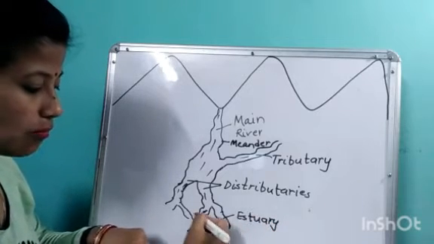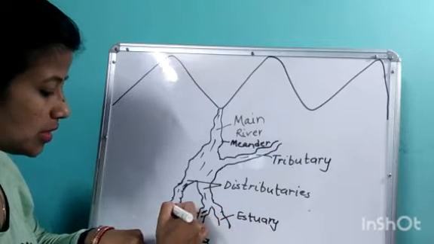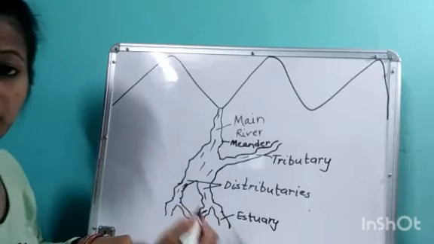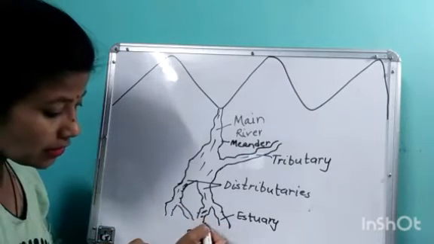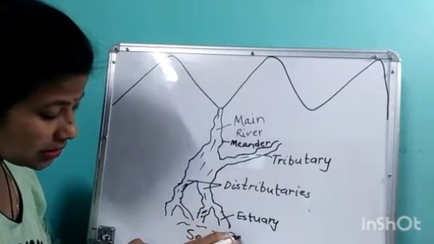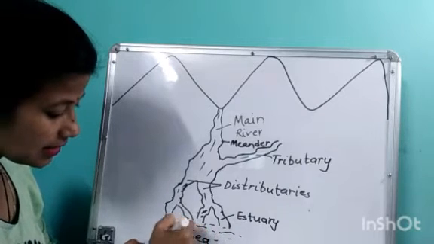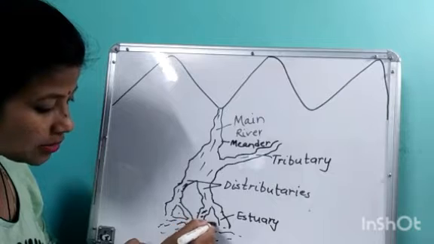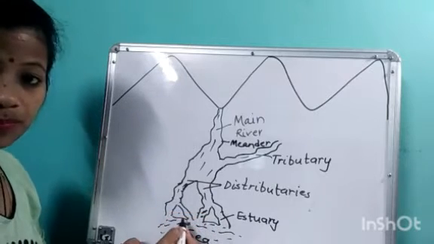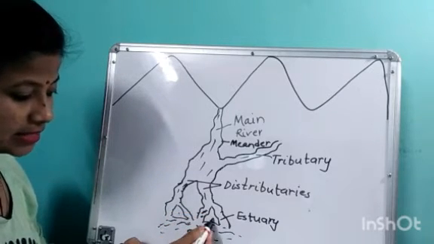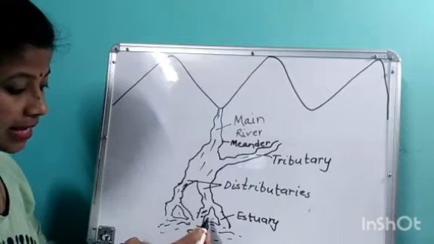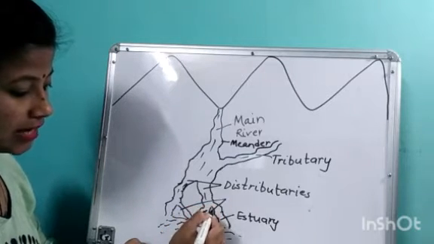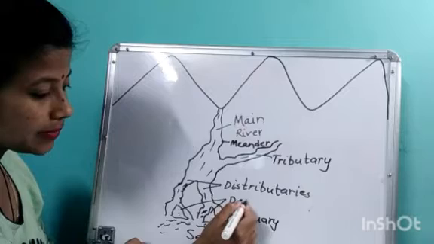Okay, the lower course of a river, before it falls into the sea, is called the estuary. Do you understand that? Here you can see there is water, sea water. See, there is the sea. There is a triangular piece of land. Can you see? This piece is land. The triangular piece of land is called what? Delta.